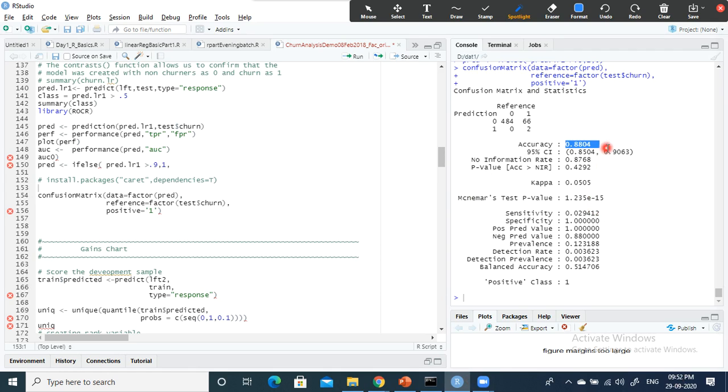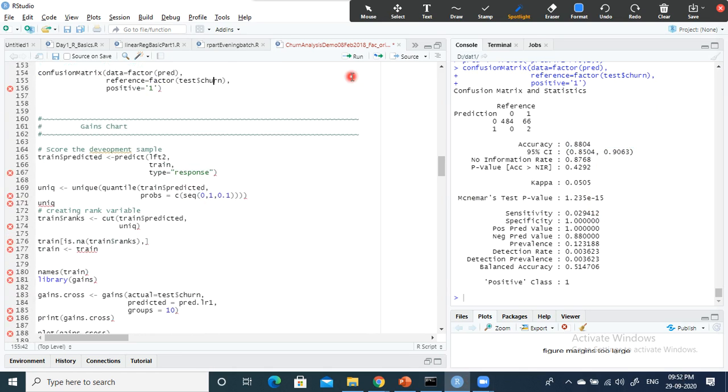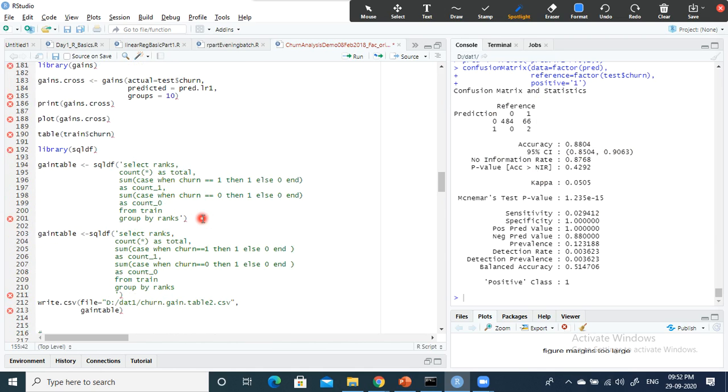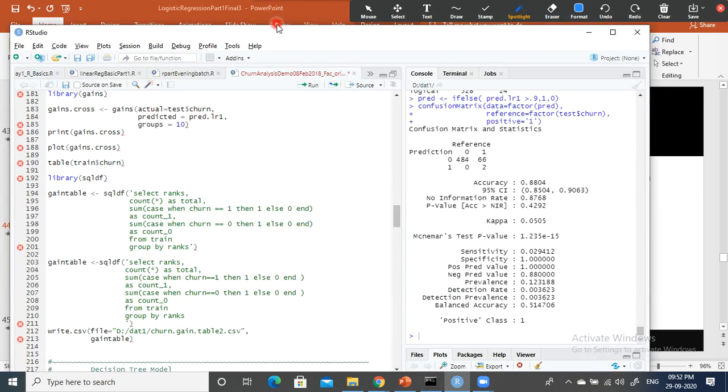Since this data set is imbalanced, we cannot rely on accuracy. Hence, we are supposed to rely on the precision and recall. Okay, that we will see, how to address the imbalanced data set. And also, before we understand what an imbalanced data set is and how to address it, we'll look at the gain chart also, how to interpret the gain chart. With the gain chart, what kind of insight we can get, those kinds of things we will discuss. And if possible, we'll continue the decision tree also in the upcoming weekend.